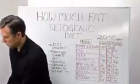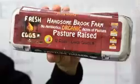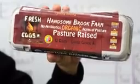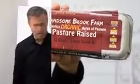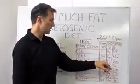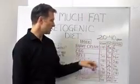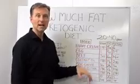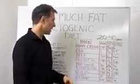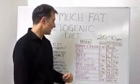And just so you know, I do the pasture-raised organic eggs. That's the type of eggs that you need to consume. And then we get coconut oil, right? 1 tablespoon is 14 grams. So we're just going to double that and have 2 tablespoons. Now you can put that on your vegetables. You can make little treats. There's all sorts of recipes you can make, but that's the amount of fat that you would need